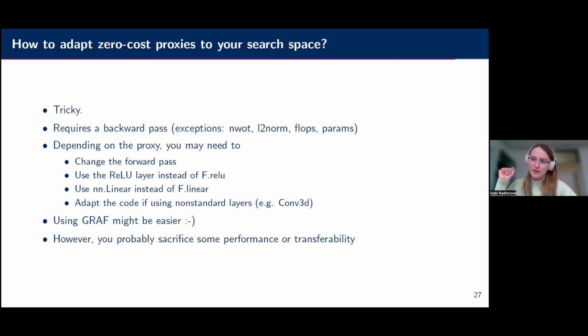So in summary, GRAF might be easier in a way that you can just apply it. It's just counting some things. Zero-cost proxies can be really great, but sometimes can be really hard to use. Yeah, I tried to think about how to make it more general, but in some way you can't, because if you need to replace the whole forward pass, then the forward pass will differ quite a lot. Maybe you could use an LLM to replace the code. Yes, that's certainly possible, but hopefully it gets it right. On the other hand, if you don't do this, you will sacrifice some performance, some transferability. So in some cases, it might still be worth the time to adapt it.